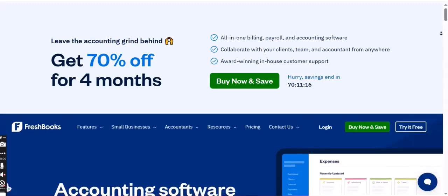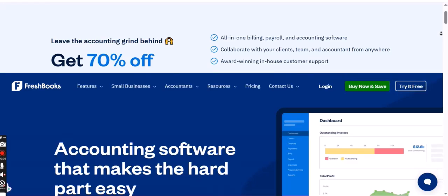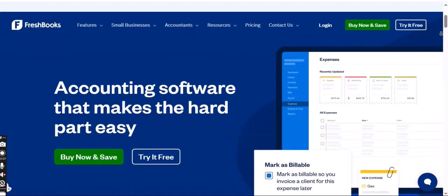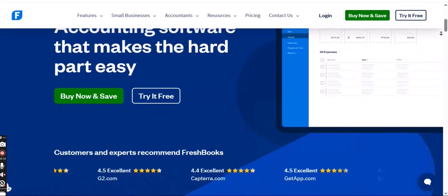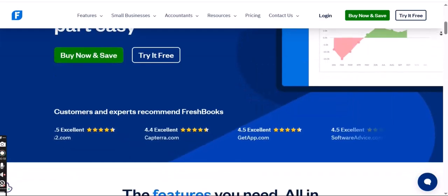For small business owners, freelancers, and self-employed professionals, accounting software isn't just about crunching numbers. It's about simplifying the entire financial workflow. A critical component of this workflow is getting paid. This is where online payment processing comes into play, transforming the often arduous task of collecting payments into a seamless,